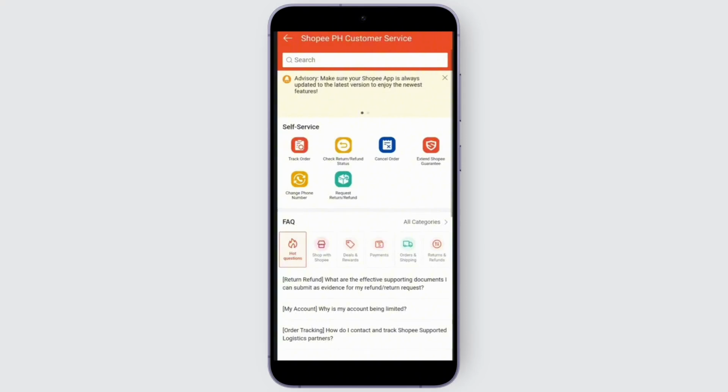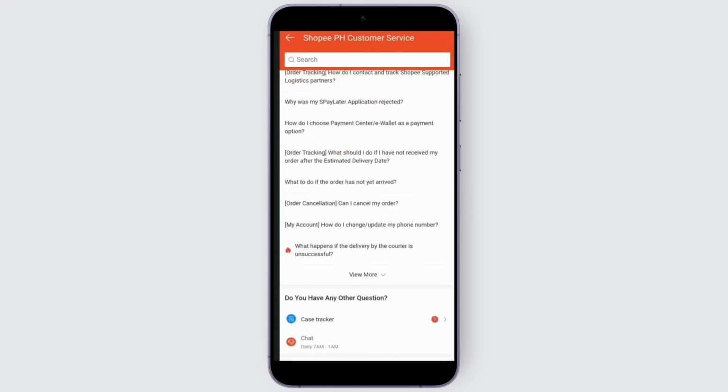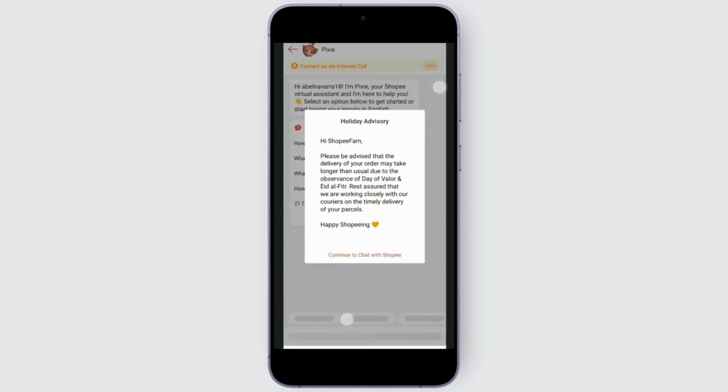For that, you just need to go to the chat section. For that, you just need to scroll down a bit until you are able to find the chat option. And you can see that the chat option is available from 7 a.m. to 1 a.m. So you can chat in between those times in order to get a quicker response from Shopee customer service. After that, you'll be taken to a page where you can contact the customer care of